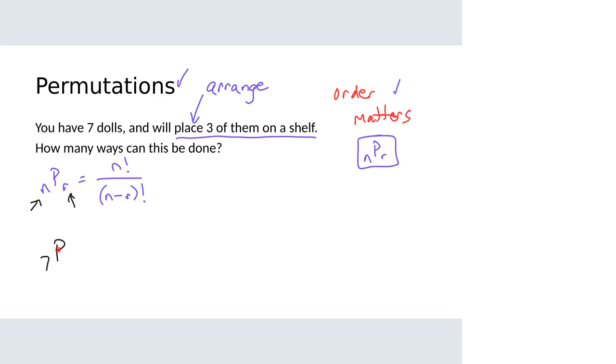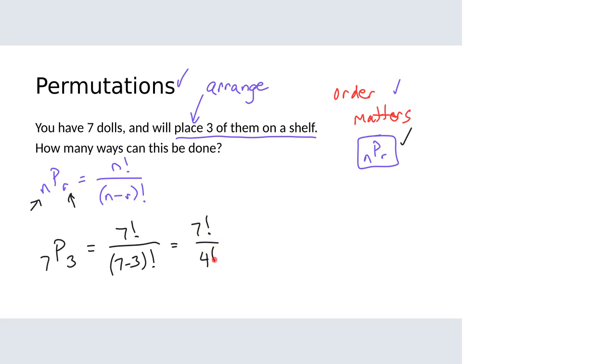So this is 7P3, or a permutation of 7 things taken 3 at a time. Here's where you can use your permutation button, totally fine. If you want to do it by hand, this is 7 factorial over (7 minus 3) factorial, or 7 factorial